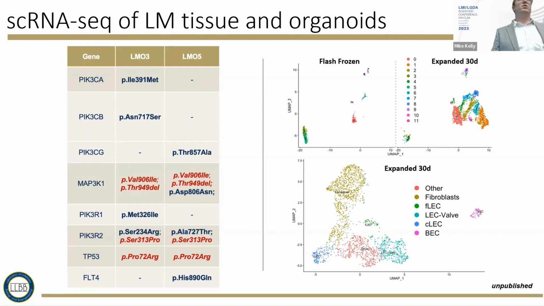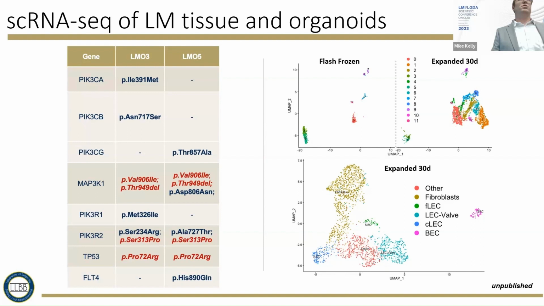And so then we did single cell RNA sequencing, and we had saved half of the fresh biopsy to do single cell RNA-seq. That's on the left, and on the right is from cells that have been expanded for 30 days. It turns out this is an expanded map of that, but what you'll see here is this population is what explodes 30 days later. You do still have other cells present in the hydrogel 30 days later, but